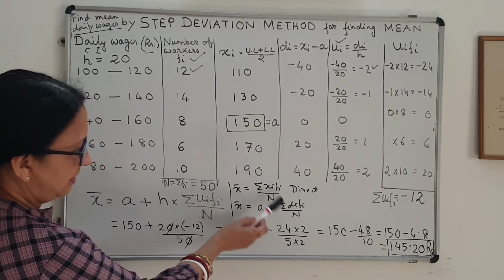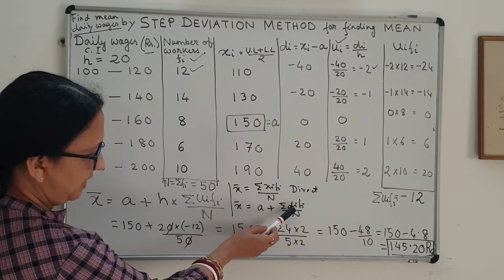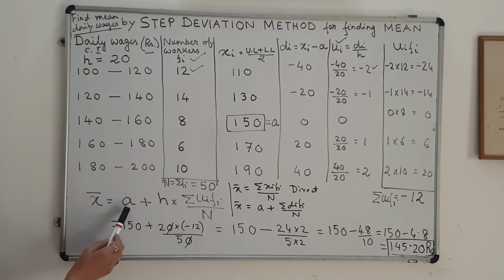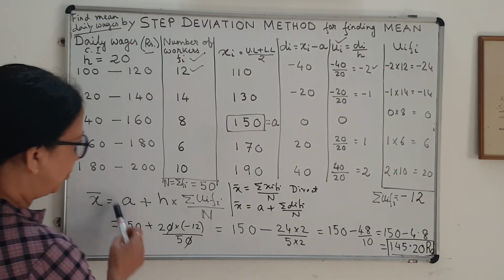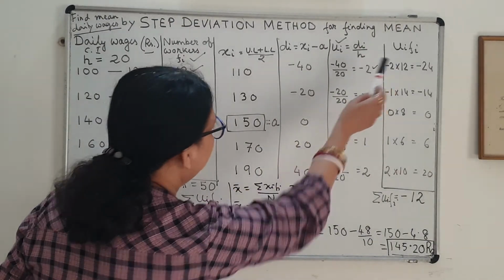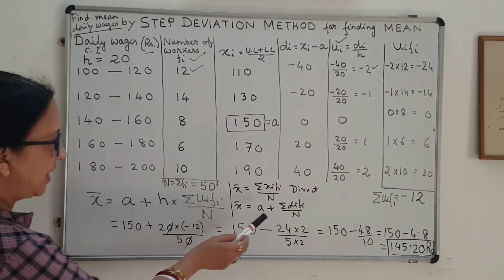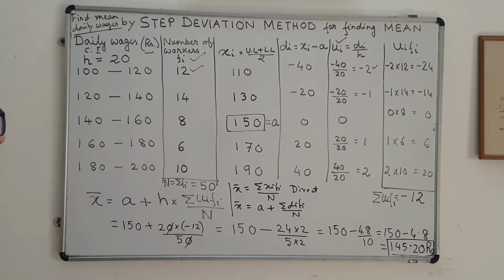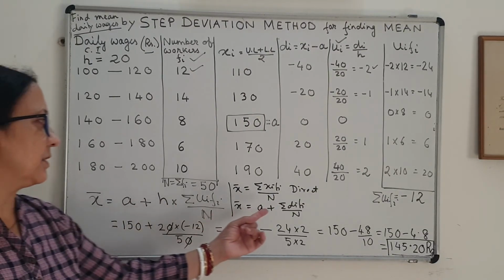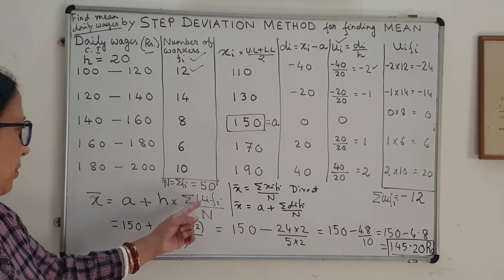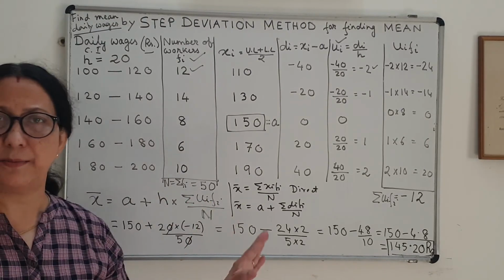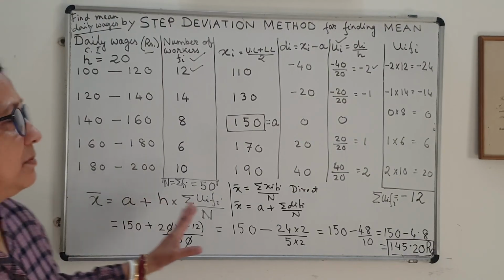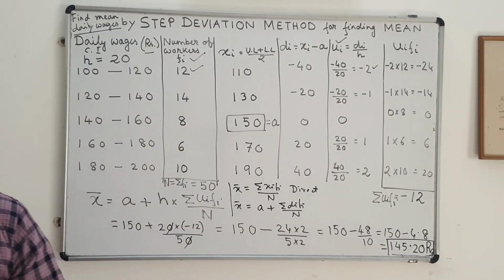Basically this form is using a new variable Di instead of Xi, but we have to add in A. And in step deviation, same thing. We are adding this assumed mean, but since we have done a step ahead, I have to multiply by h. So in assumed mean there is no h, but in step deviation there is h. This derivation can also very easily be shown like the method I showed in my last video, that is simply by opening these things and algebraic simplification. So this is all about the step deviation method. That's all. Thank you.